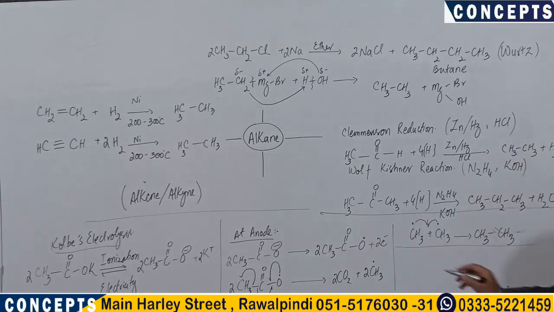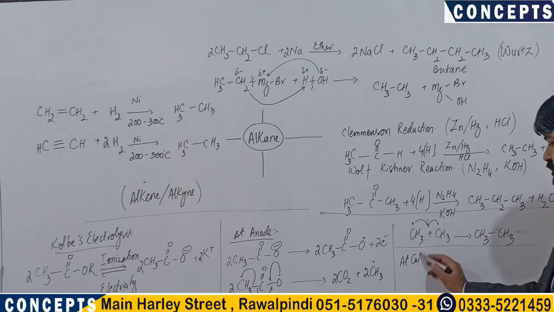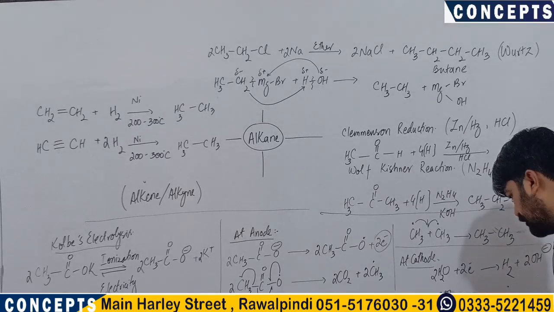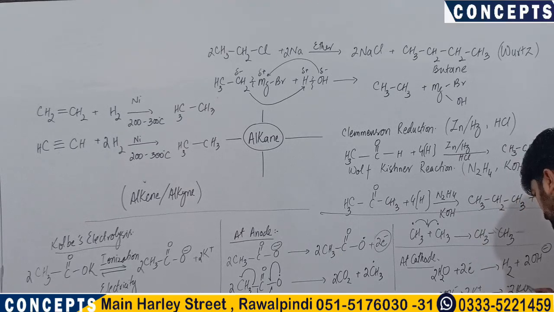On the other hand, there is a reaction taking place at cathode also. The electrons that are coming from anode reduce the water molecule, 2 moles of water take up these electrons, and we will get hydrogen molecule as a product along with 2 moles of hydroxyl ion. These hydroxyl ions combine with the 2 moles of potassium ion, giving 2 moles of potassium hydroxide.